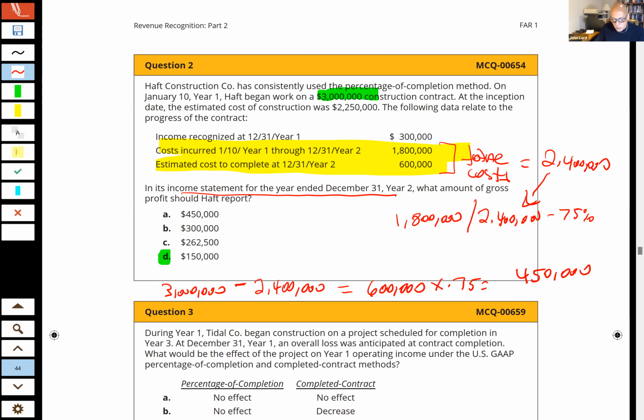And I think a couple people maybe picked A, but the question tells me that what? I had already recognized, they're asking for year 2. In year 1, I already recognized 300,000. So I have to take that 300,000 that I've already recognized, and so in year 2, I'll take what? 150,000. I mean, that is classic how they ask that. That falls right into that flashcard that I asked you to make with the steps. Question.